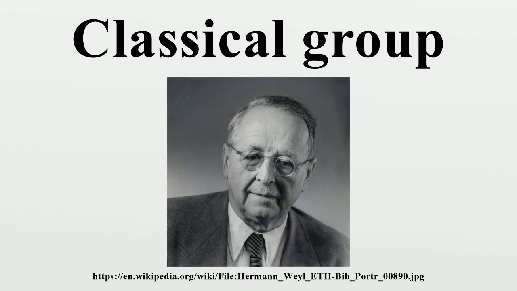This leads to a preliminary definition of a classical group. A classical group is a group that preserves a bilinear or sesquilinear form on finite-dimensional vector spaces over R, C or H. This definition has shortcomings because there is some unnecessary redundancy. In the case of F equals R, bilinear is equivalent to sesquilinear. In the case of F equals H, there are no non-zero bilinear forms.